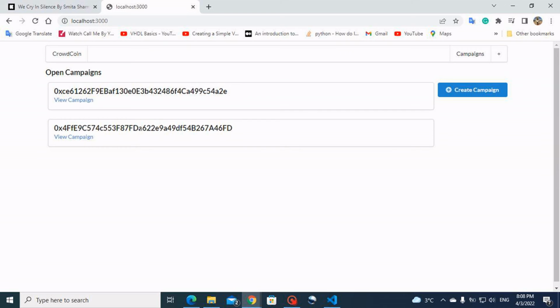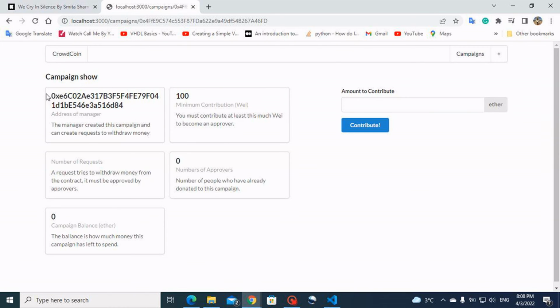So we are also able to view the statistics of our campaign, which we created before. To view your statistics, this basically tells you where your campaign is located. And then this is the minimum contribution in wei, and you have the number of requests displayed here and the campaign balance. So if we say we want to contribute to this particular campaign, let's say we want to contribute,